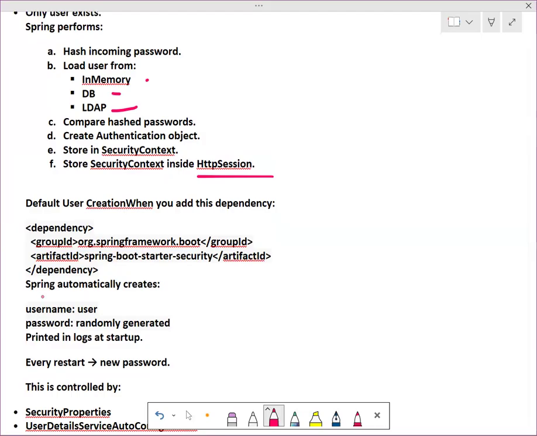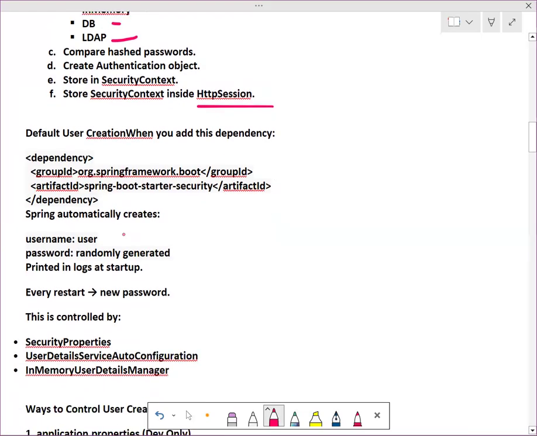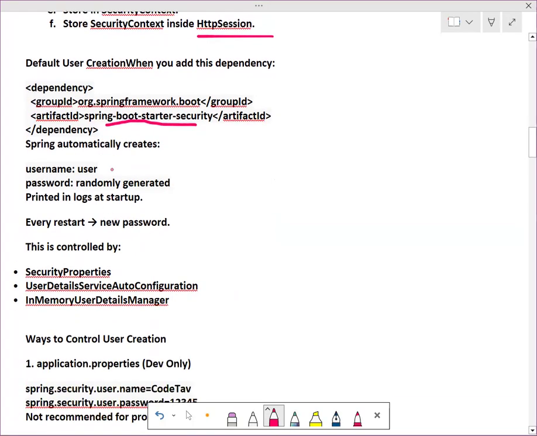Next is default user creation when you add this dependency. Like the dependencies from Spring Boot, you will have Spring Boot starter, like how you have used Spring Boot starter JPA or others. In the same way, we have the Spring Boot starter security as the artifact ID. Whenever you add this dependency, Spring automatically creates a default username as user, then a randomly generated password,